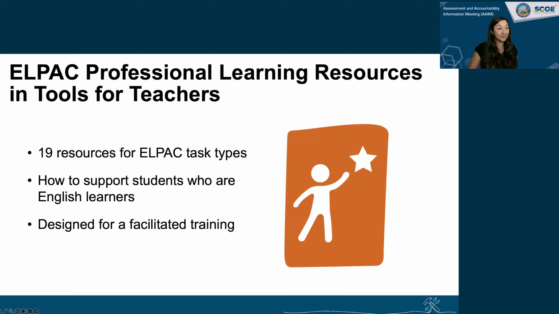There are 19 professional learning resources which focus specifically on how educators can become familiar with ELPAC task types and how to provide needed support for students who are English learners. These resources support the use of the ELPAC interim assessments.